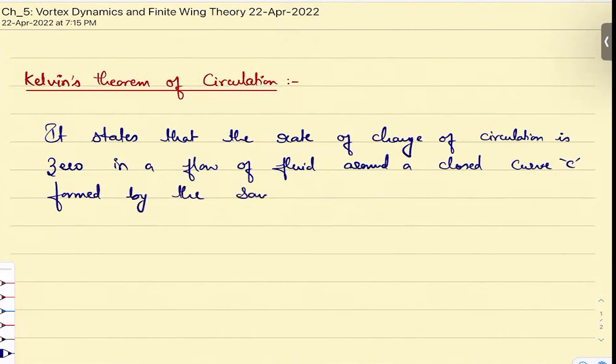by the same set of, this is very important, okay, the closed curve should be formed by the same set of fluid particles, no matter where the fluid particles are. They should form a closed loop, which should result in the computation of circulation, right? Formed by the same set of fluid particles in the flow field